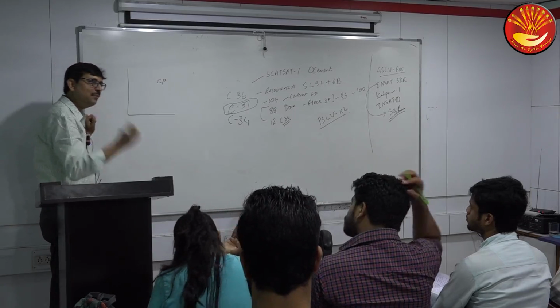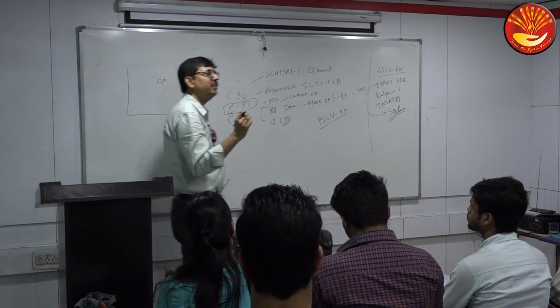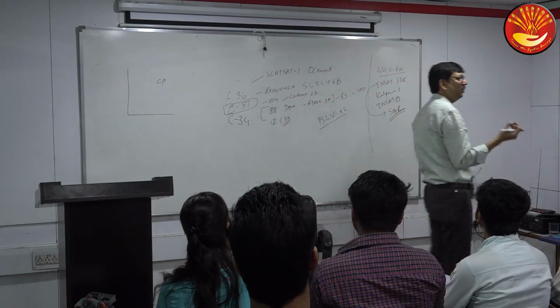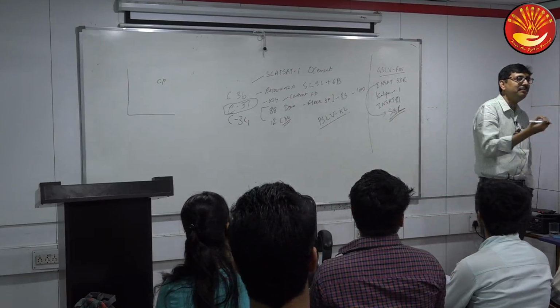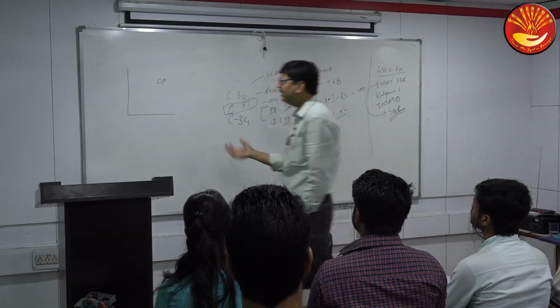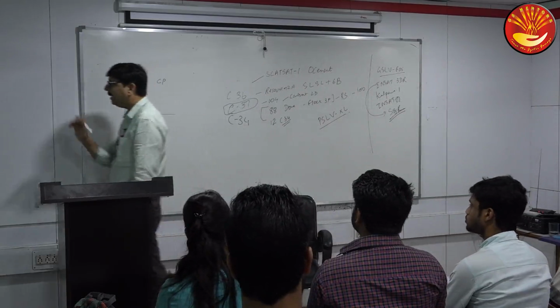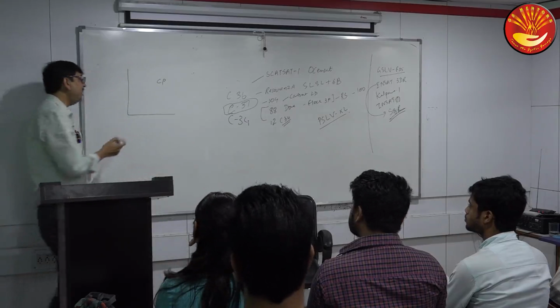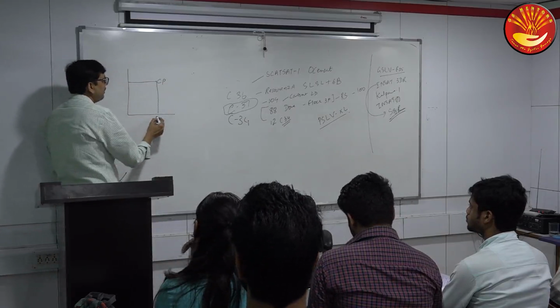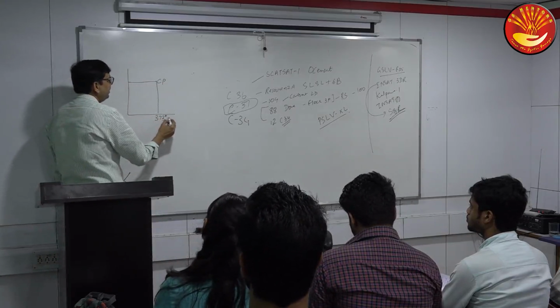So when a thermal power plant is operating above the critical point, that is what we call supercritical or ultra supercritical temperature. In case of supercritical, the temperature is somewhere around 373 degrees